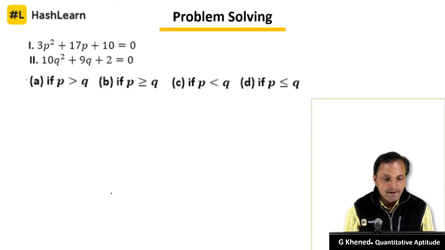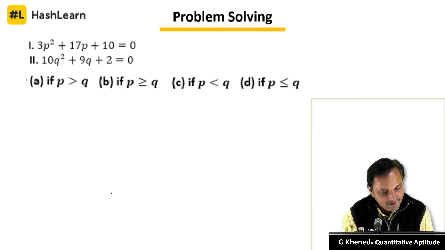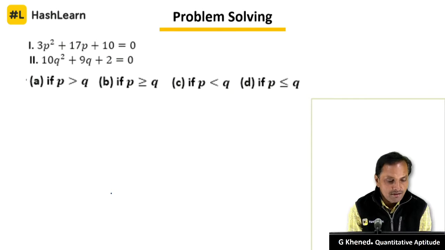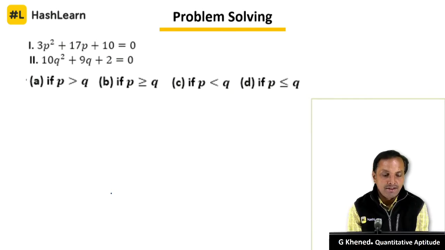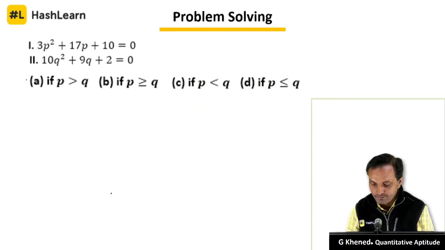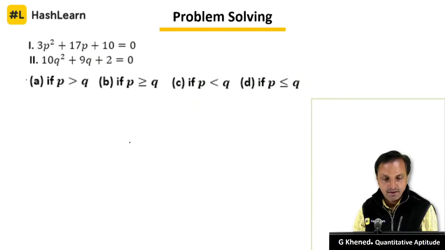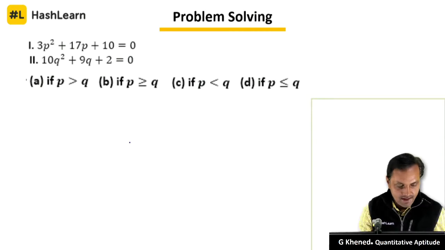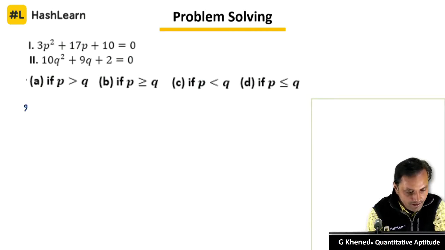Here is the next example. The equation is given as 3p square plus 17p plus 10 equal to 0, 10q square plus 9q plus 2 equal to 0, and you need to identify which relation satisfies the two equations. Same as before, 3p square